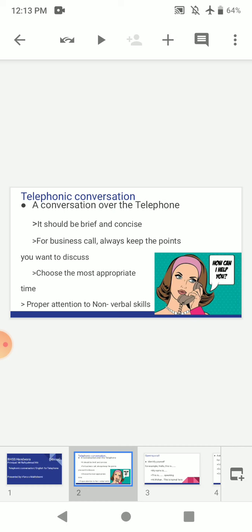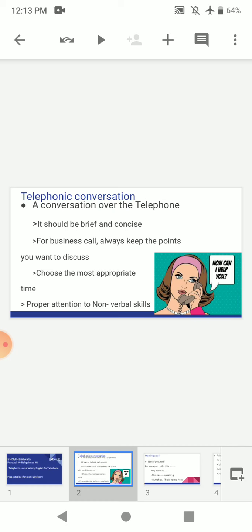So your conversation should be based on the question being asked to you in your exams. For example, if you are asked to prepare a conversation between you and a customer care executive of Airtel, BSNL or a bank, say you have recharged your number and the balance is not added, and you are still unable to make outgoing calls. That means you have to develop a conversation where you will complain about that issue.